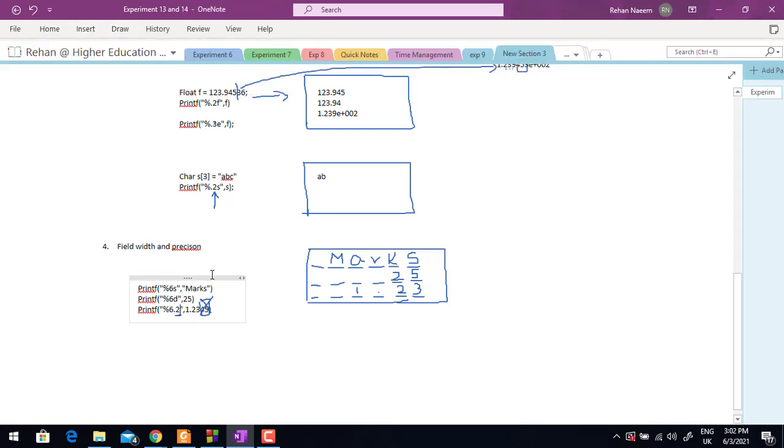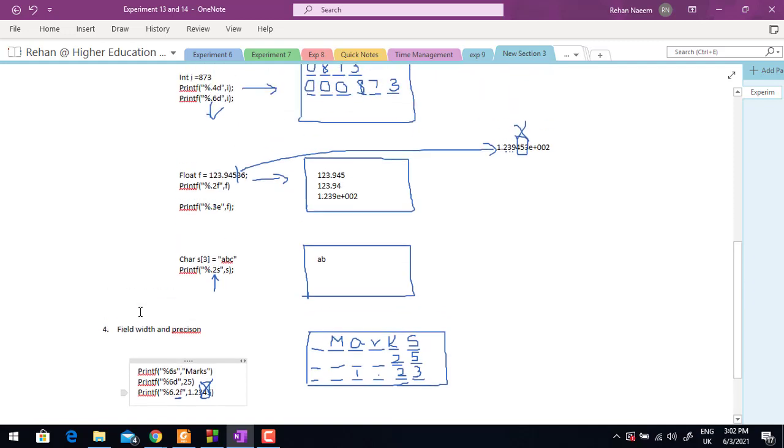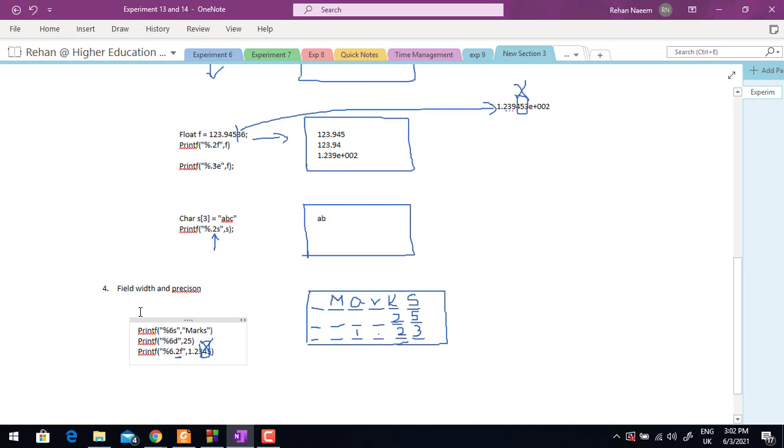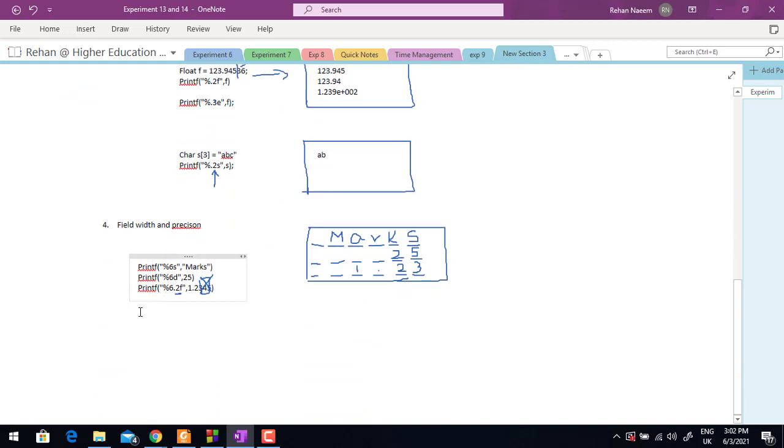I have forgotten to mention f over here. So f indicates to the computer to print this floating number. So if you have any question up till now, you can ask. And by the way, all of these capital P's are in fact small p's. They are not capital P. Clear? So don't mistake them. So if there is any question, you can ask.